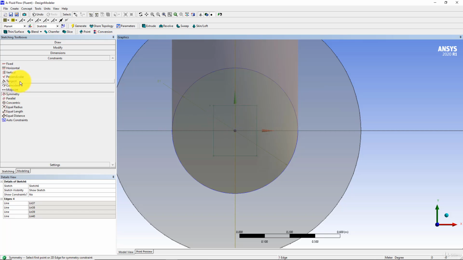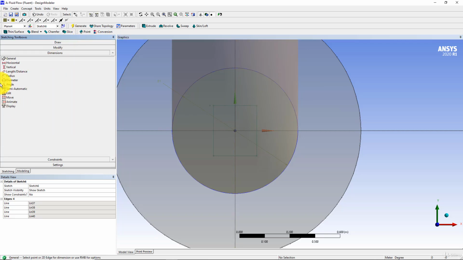to the y-axis. And then from dimension, choose general dimension and apply on these lines, these edges. This can be done also for the second edge in a parallel fashion, and for vertical this can also be done for this one. And from dimensions I use the dimension, let's say, 0.18 and 0.18. So basically now it's going to be a square of the same dimension on the height and the length